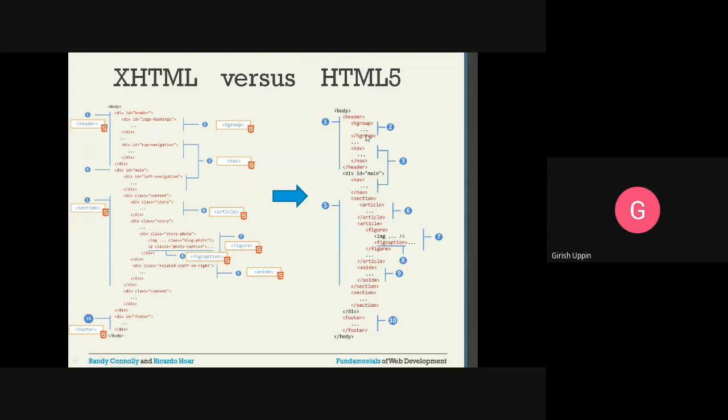Then navigation, whatever navigation related things will go here. Then you have the main. Okay, for the main they have used a division, div id main. Then you have the section. Inside the section I have article, and inside the article, if I want to use images, I have the figure. For giving the caption for the figure images, I have fig caption. Then whatever goes on the right hand side panel, I have aside. And if there is anything that needs to be included in the footer, I have the footer HTML element.